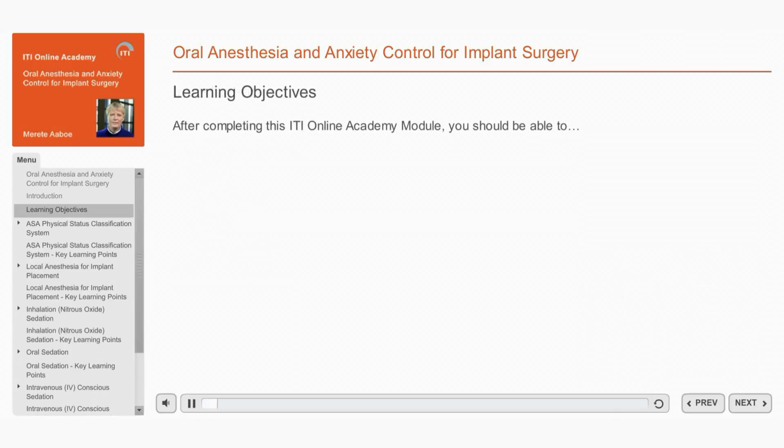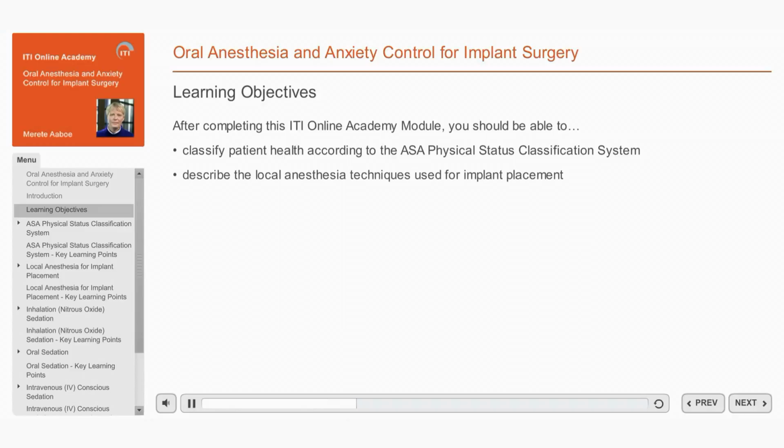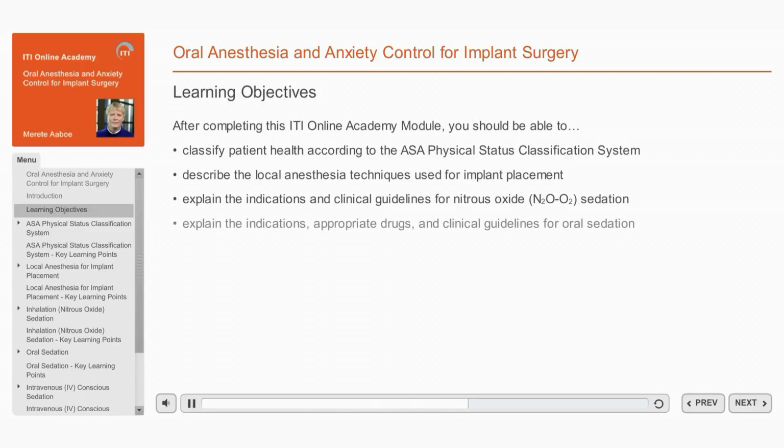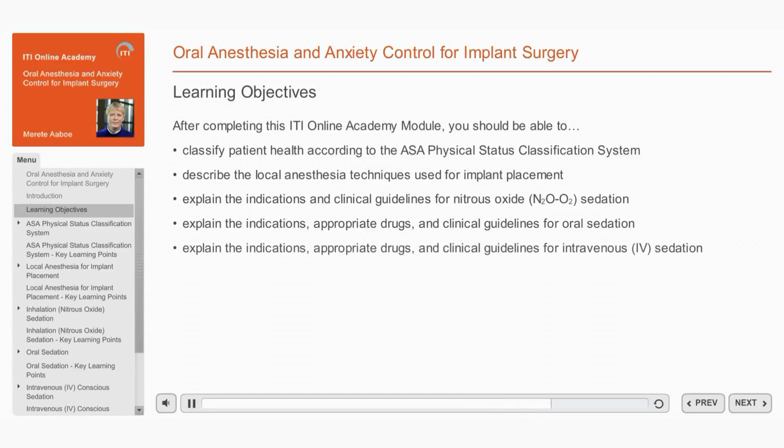After completing this ITI Online Academy module, you should be able to classify patient health according to the American Society of Anesthesiologists, ASA, Physical Status Classification System. Describe the local anesthesia techniques used for implant placement. Explain the indications and clinical guidelines for nitrous oxide, N2O, O2, sedation. Explain the indications, appropriate drugs, and clinical guidelines for oral sedation. Explain the indications, appropriate drugs, and clinical guidelines for intravenous, IV, sedation,